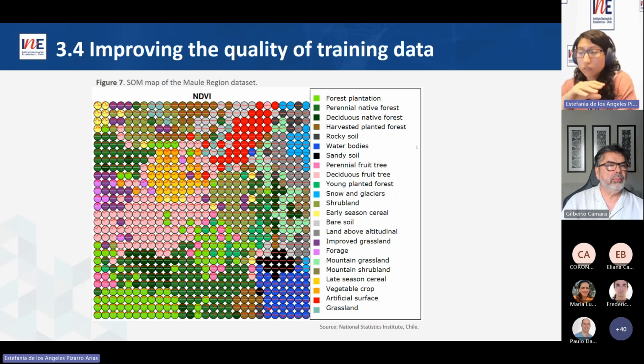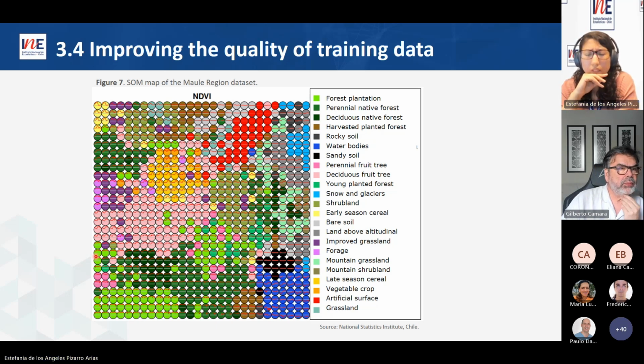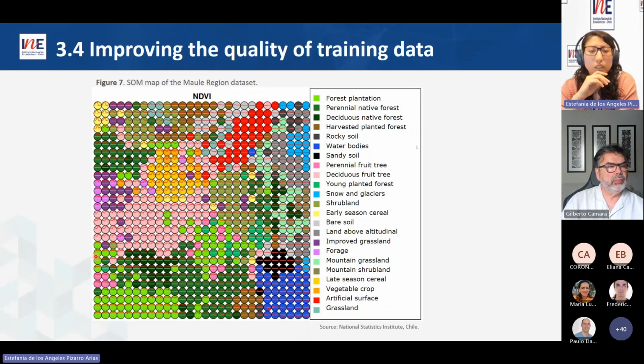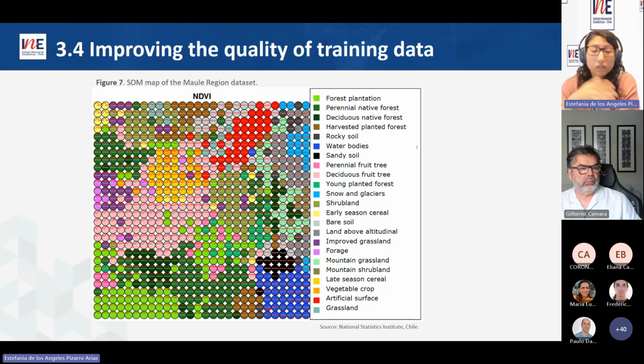This is a clusterization of the samples. And we can see there are clear groupings, but other neurons are in wrong places, such as this. This may indicate that probably there is a mislabeled sample or one with high noise in its information. In this part, we can see a very good grouping of forest plantation, and at level 1, the